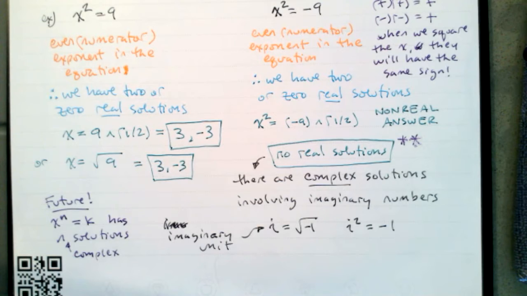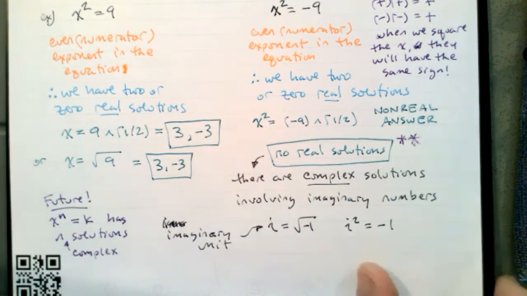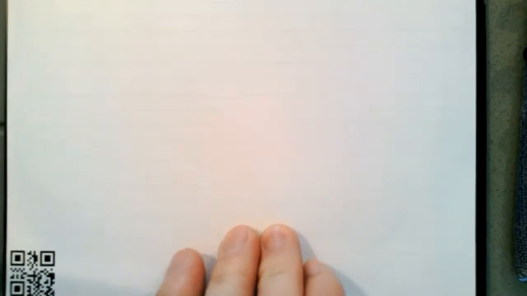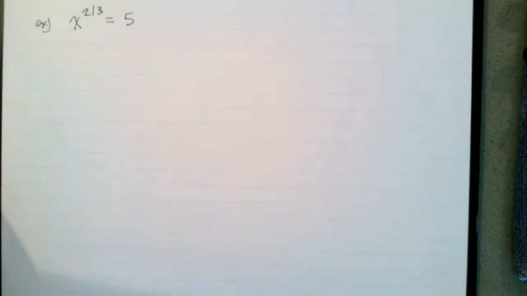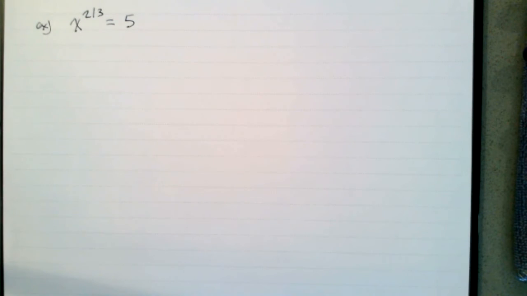So the other key thing that we want to point out is that this 2 or 0 real solutions is based on the numerator of the exponent. So let's make sure that we make that distinction. So for example, if I have some fraction exponent, x to the 2/3 is equal to 5, I see that the numerator of the exponent is even, and so I could have 2 or 0 real solutions. Since the 5 is positive, we're going to have 2 real solutions. So it's the numerator, the 2,